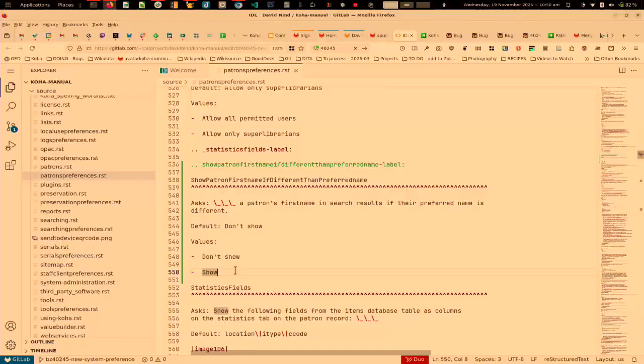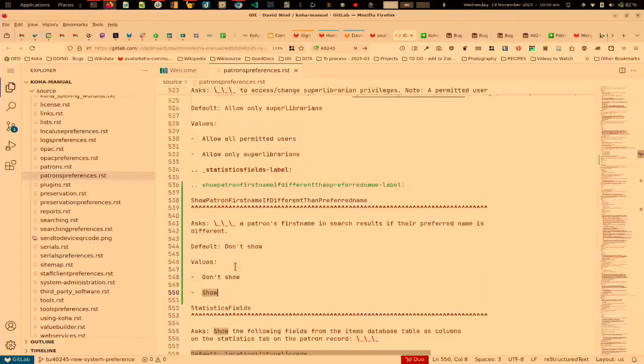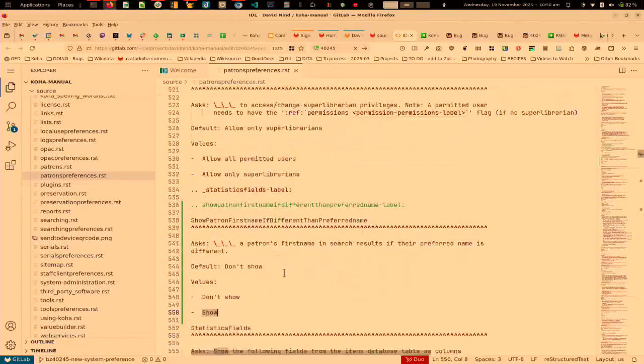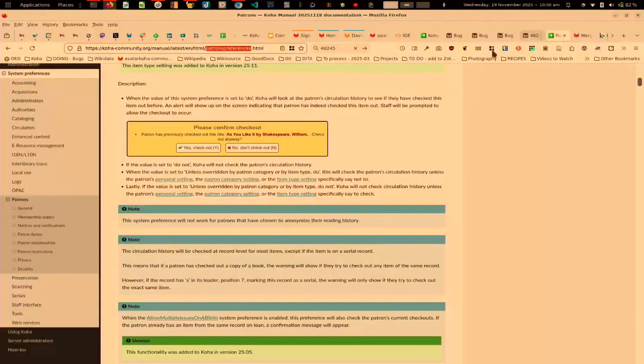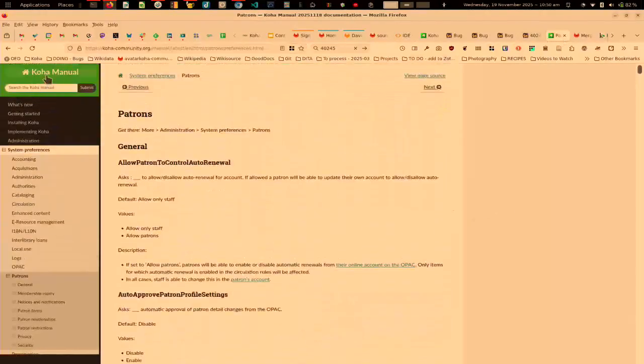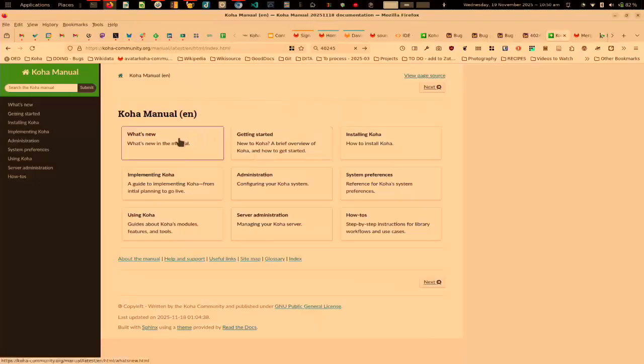I could possibly link it to the page about creating patrons and searching patrons, but I haven't done that yet. Cool. So, yeah, if someone looks up the manual now or searches Google, or whatever their preferred search engine is, and now with little AI snippets, you never know whether it's going to show up or not. Cool. And what we also try to do with the manual is, and I've got 1 minute,